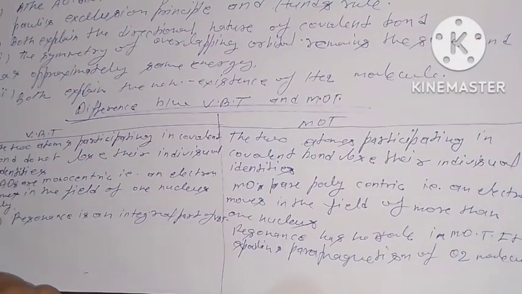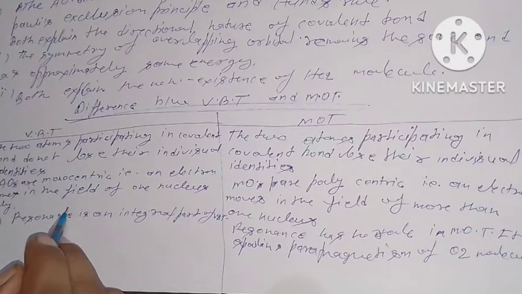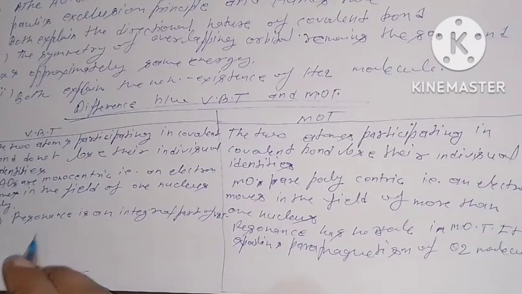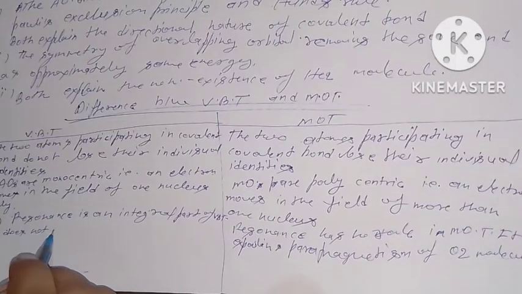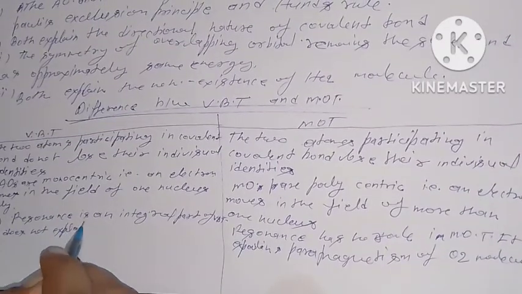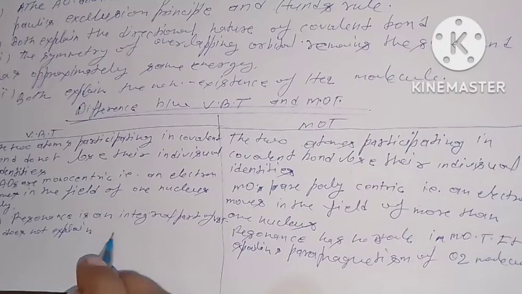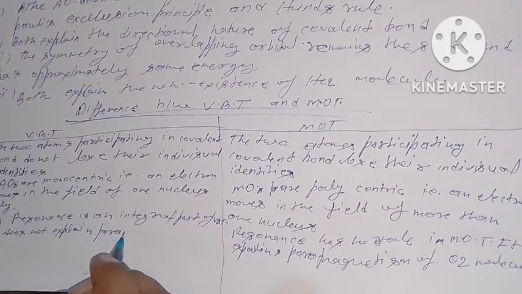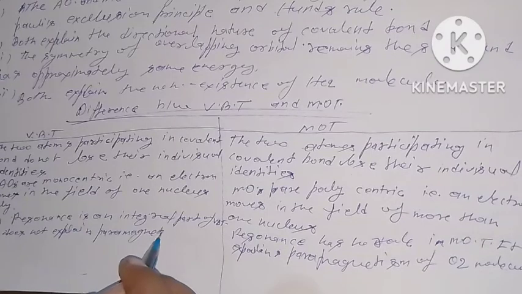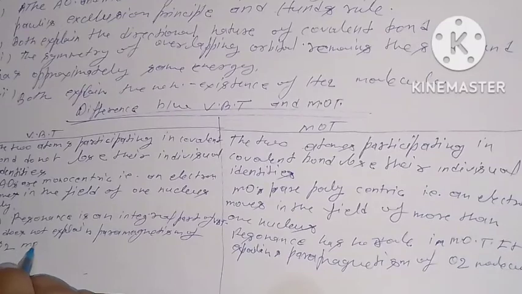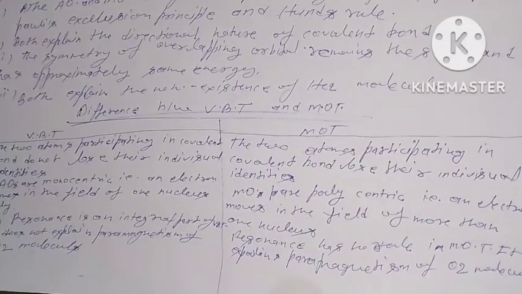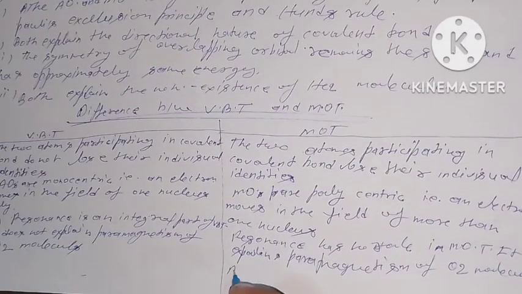Fourth point. Valence bond theory does not explain paramagnetism of oxygen molecules. MOT, molecular orbital theory, accepts